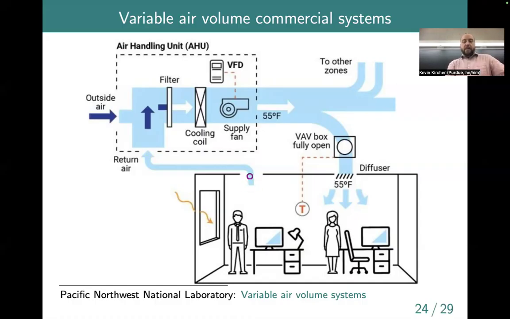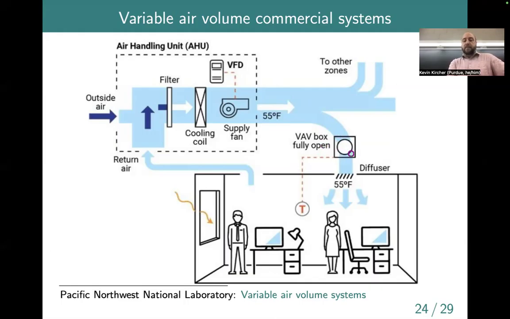So here we would basically suck return air out of thermal zones, rooms, that would mix to some degree with outdoor air. And then that mixed air would run through a filter, again, to scrub out whatever particles might be in it from indoors. It would run, if we're in air conditioning mode, over a cooling coil. So here we would have cold refrigerant that would bring some moisture out of the air as well as cooling it down. And then that cold, dry air would get supplied through ducts to a number of different floors and rooms. And at each of the zones, we would have our own VAV box,